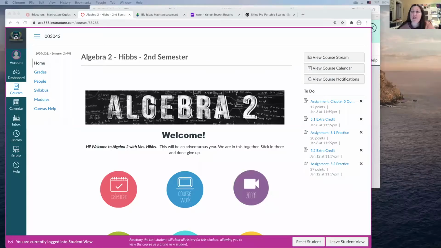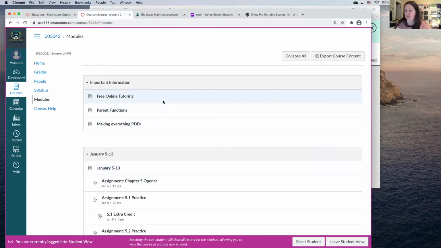Now that you have all of that, I'm going to show you a few things before we dive in with your iPad. I'm going to show you some changes about the Canvas page. I'm hoping it's a little easier to understand. My page looks slightly different on the bottom because I have to manually put it in a student view. But if you either go to modules on the side, which I need to move up, sorry that it's down low, or go to the coursework,